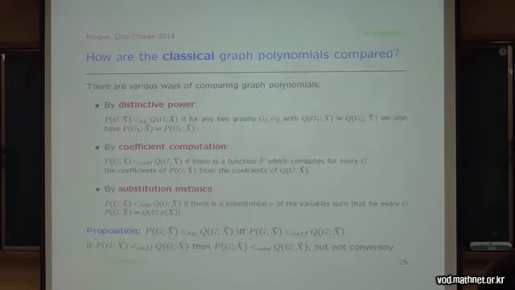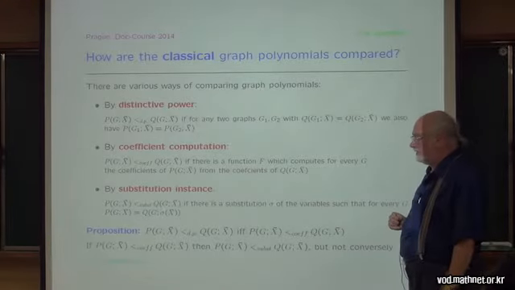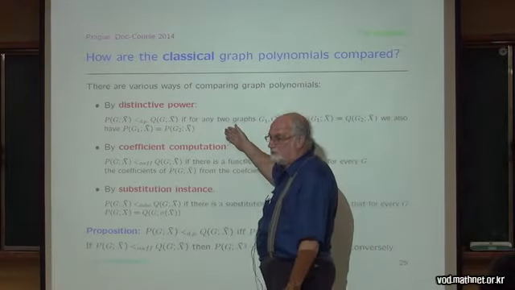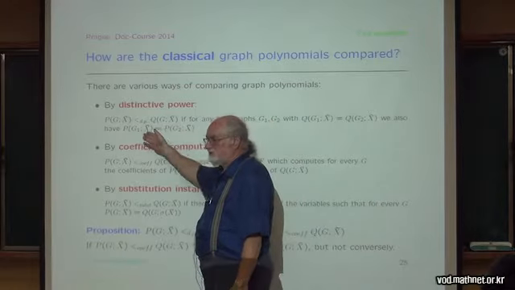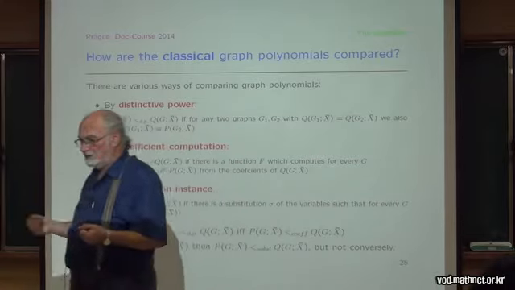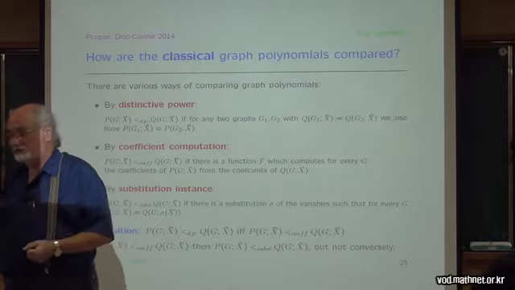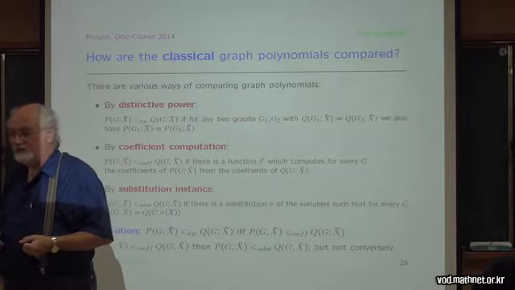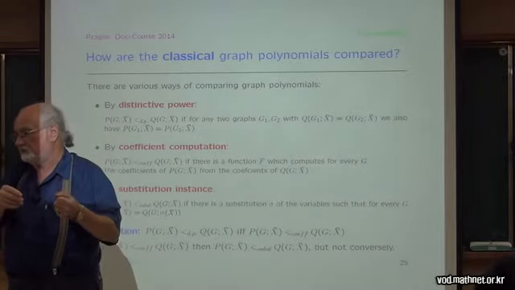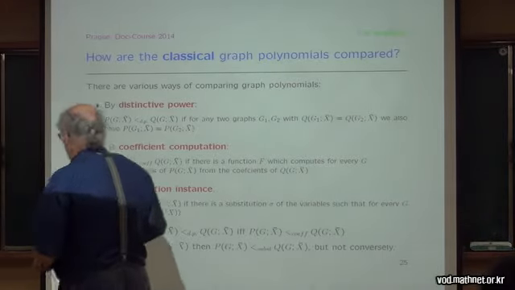Now we already started discussing yesterday, and even stronger than I've prepared in the slides, one way of comparing polynomials, which was by comparing them by distinctive power. You say that two graph polynomials have the same distinctive power, not saying they are the same from an algebraic point of view, if whenever two graphs are not distinguished by the one, this is equivalent to saying they are not distinguished by the other. So here is a question